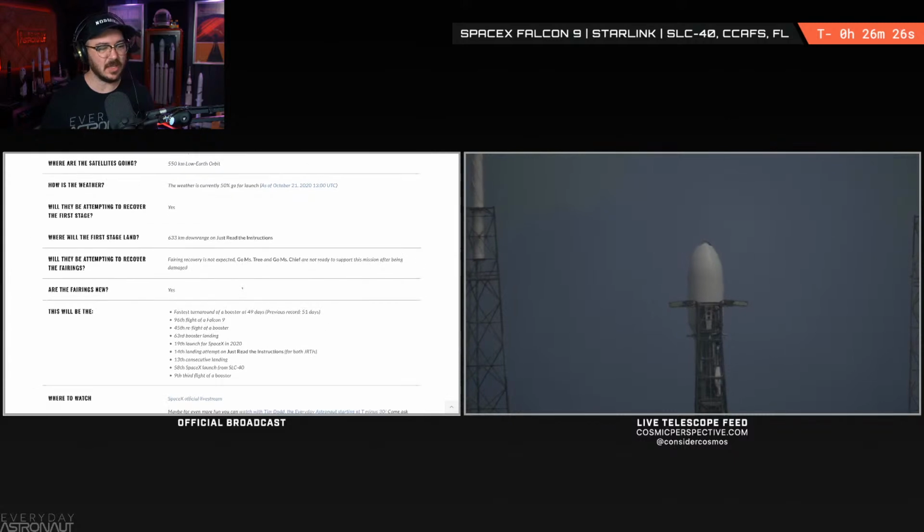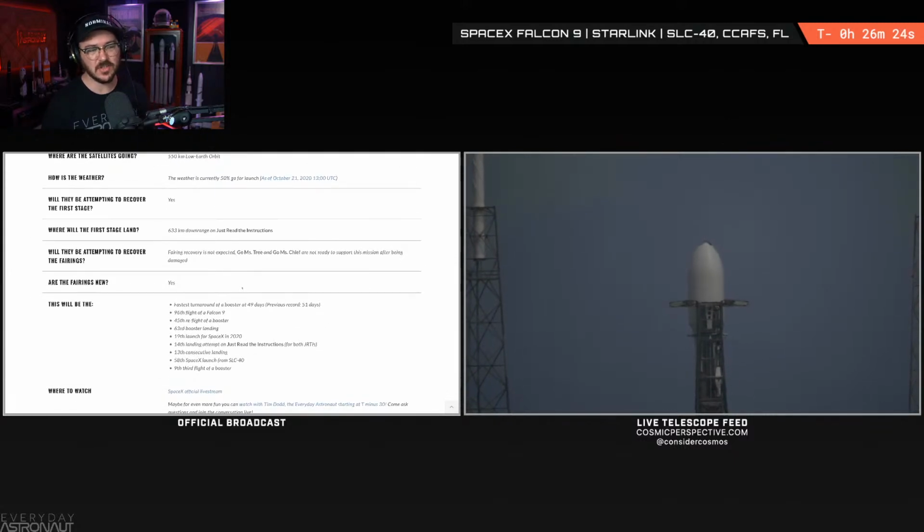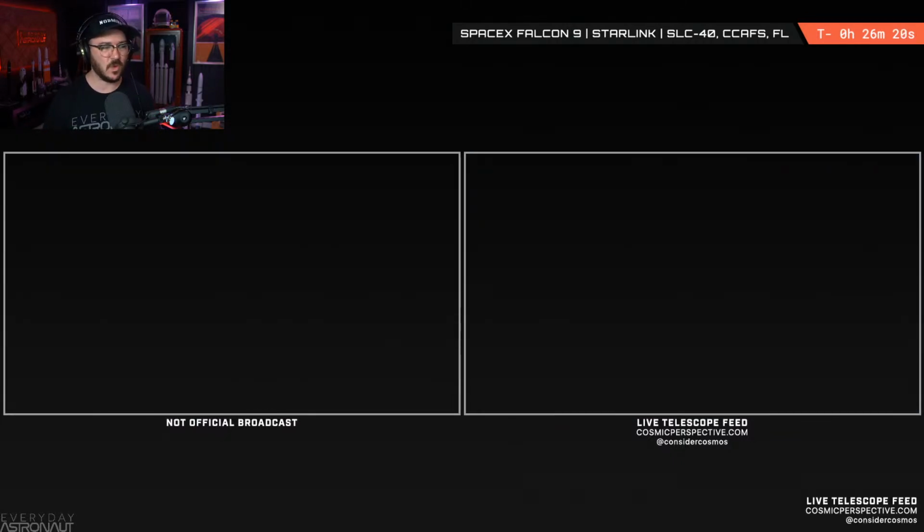So they will be landing at 633 kilometers downrange on Just Read the Instructions, their autonomous spaceport drone ship. Will they be attempting to recover the